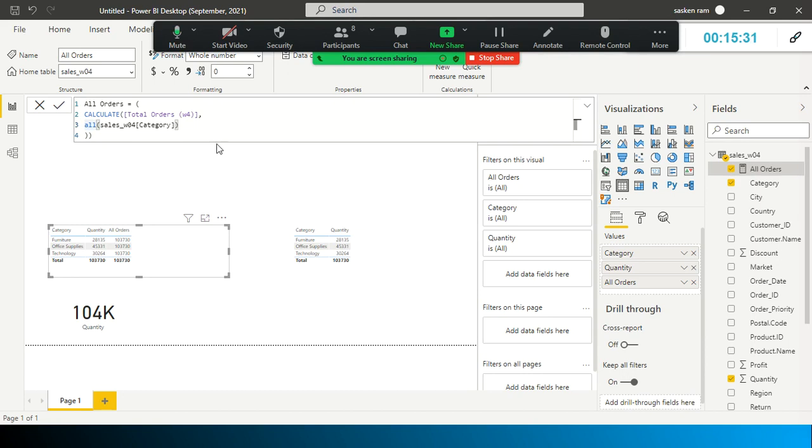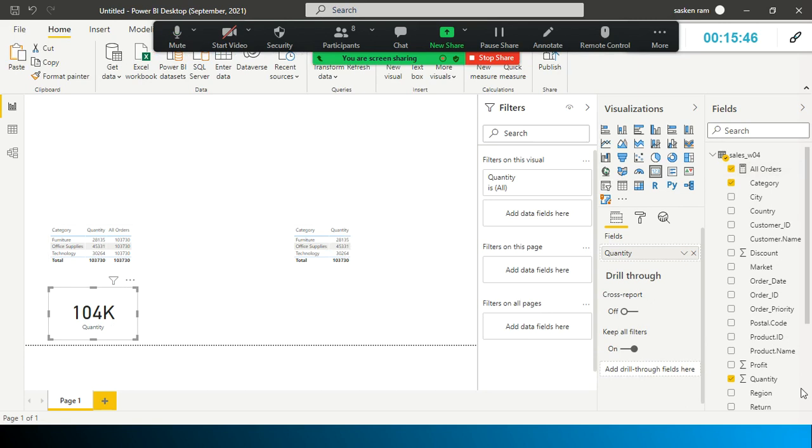So we have to use a function called ALL in order to disregard all the row column filters. What do you mean by row column filter? For example, here the quantity is 103730, right? One second, this is